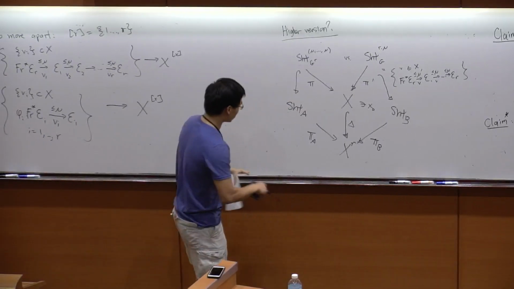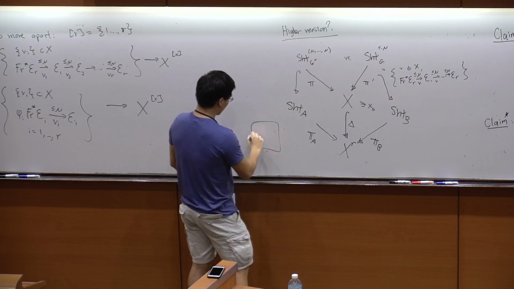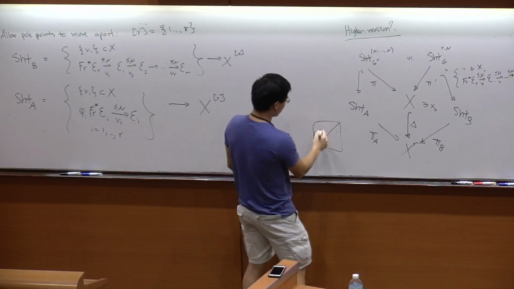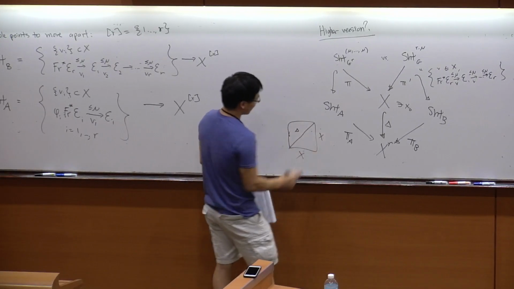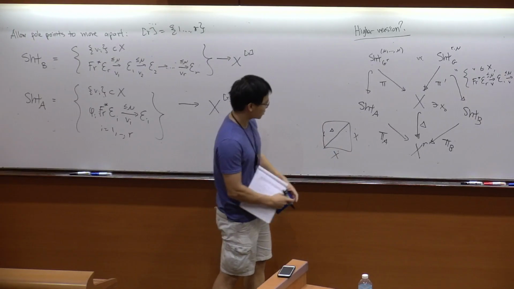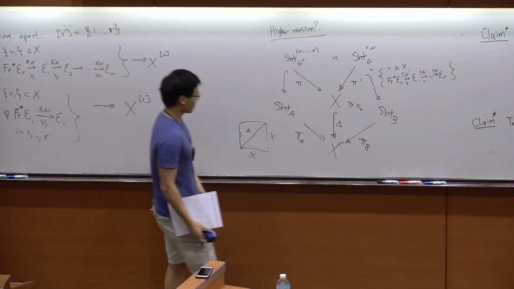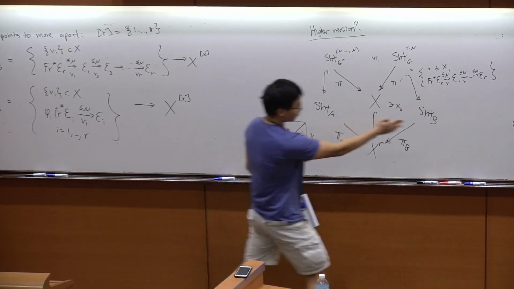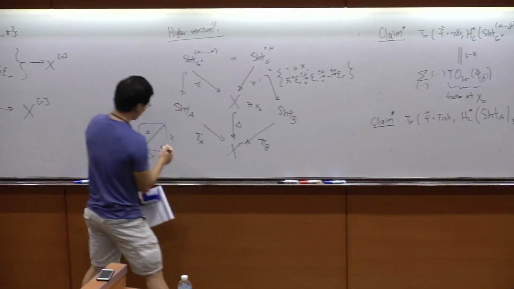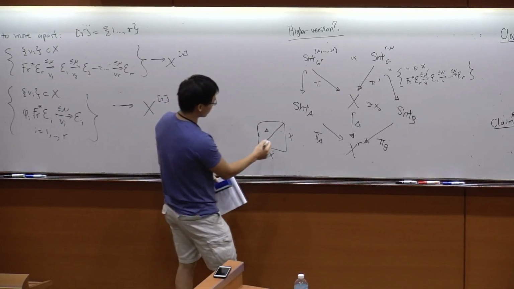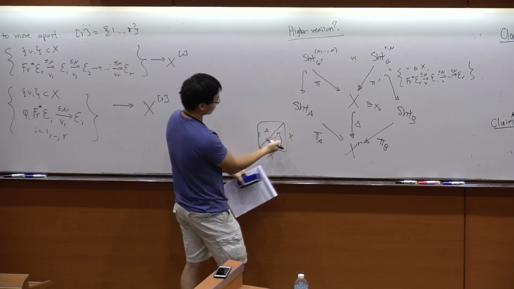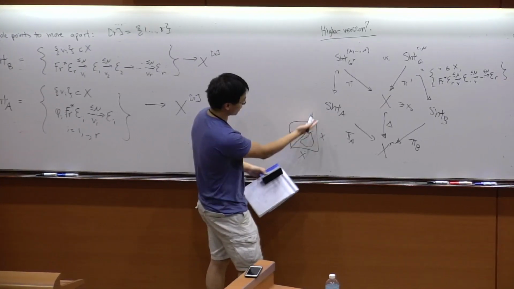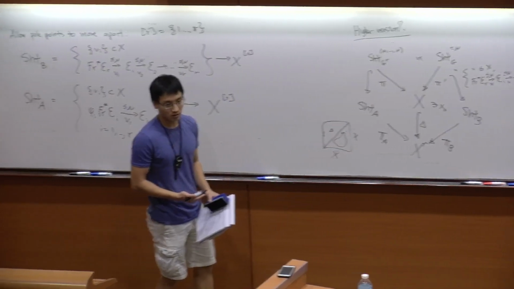So the idea is that here's this X to the R, and before we were interested in proving something over the diagonal copy of X. And all the points on the diagonal are kind of degenerate points on X to the R. So what we're going to try to do is prove this second claim on non-degenerate points, or on some sort of open subset where these coordinates are actually distinct. And then deduce by continuity that that equality holds over this diagonal as well.